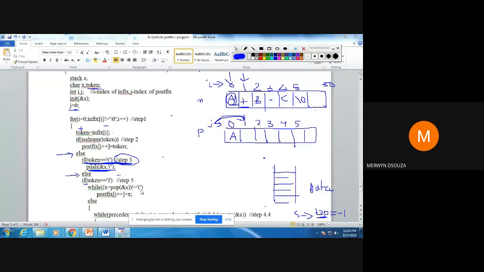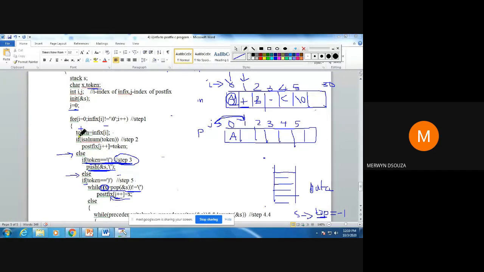So what it is saying: pop from the stack, and I'm storing it in this variable x. How long are you popping? Till you get the opening parenthesis. Whatever you have popped, what do you do? Add it to the output. After adding to the output, increase the value of j.